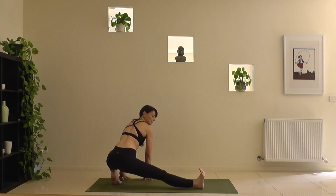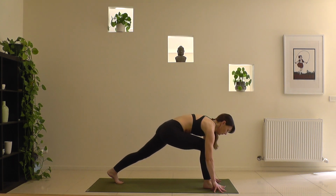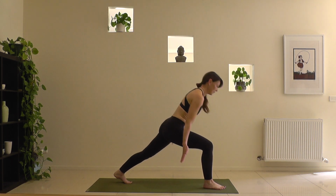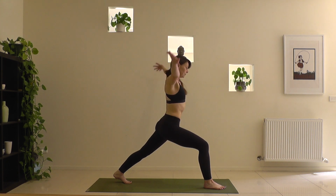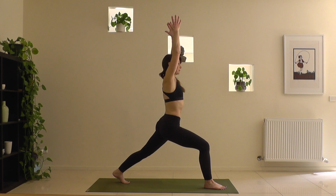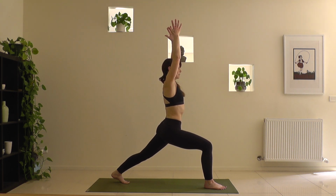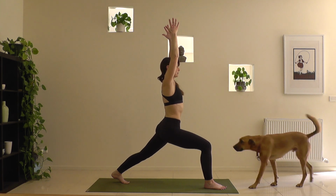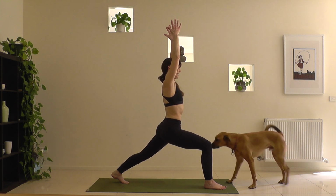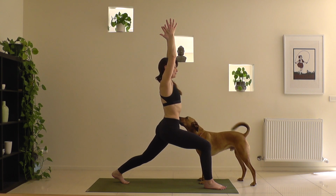Here we start to circle. Turn around to your right foot facing the back edge of your mat. We're going to find high lunge here. You can modify in a low lunge just as we did before. It's a little bit more steady. Holding for 3 breaths, reaching the arms up alongside your ears. And just find that place where your pelvis feels neutral, perhaps a little bend in the back knee, spine upright,